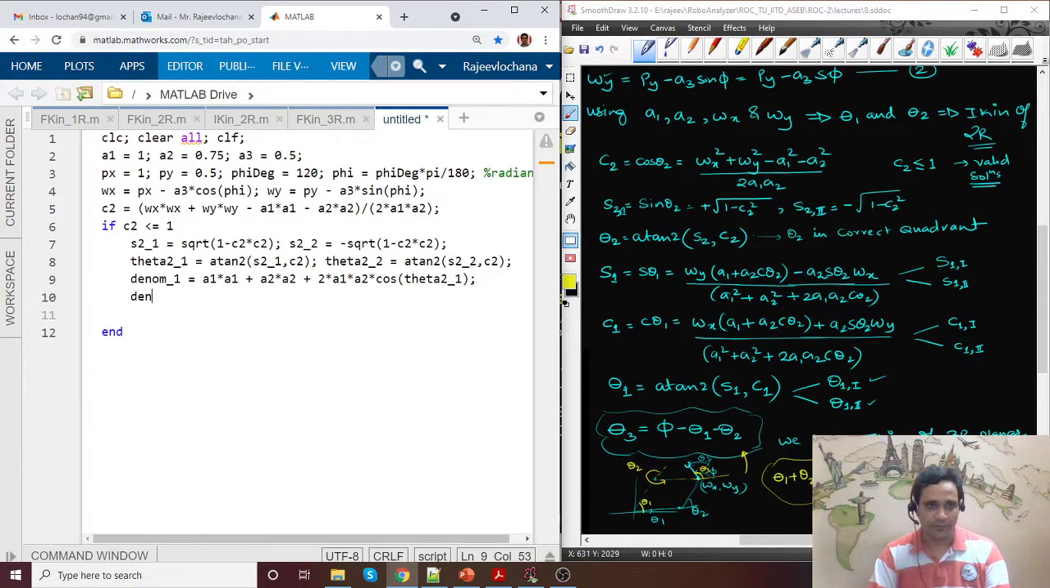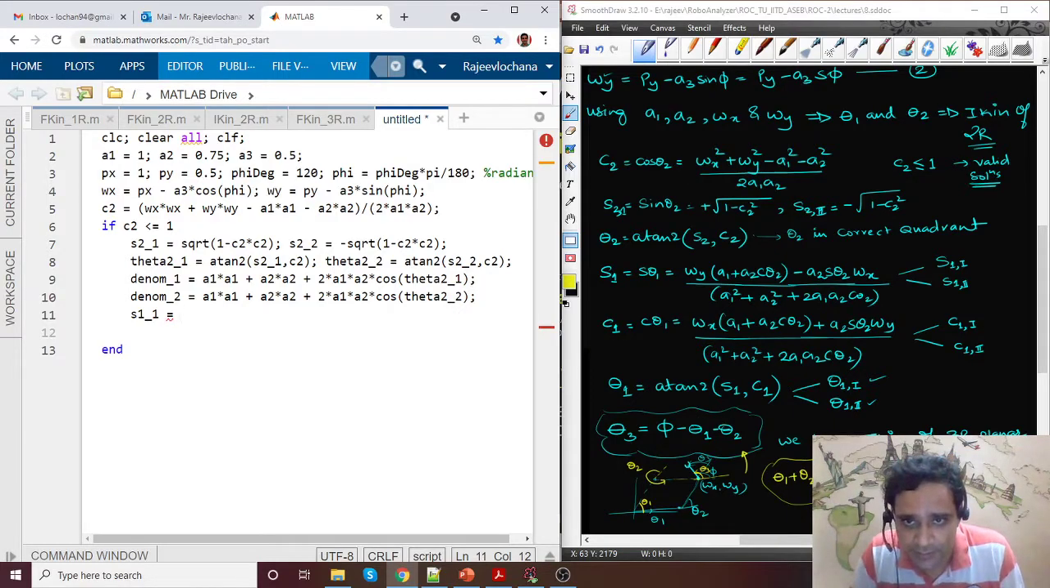Similarly, the denominator for the second solution is also the same. I'm still typing, I'm not doing copy paste. a2 plus 2 into a1 into a2 into cos of theta 2 underscore 2. Okay, so that is the denominator 2 term. Now we have to get the s1 and c1 terms. s1 underscore 1, the first solution, is